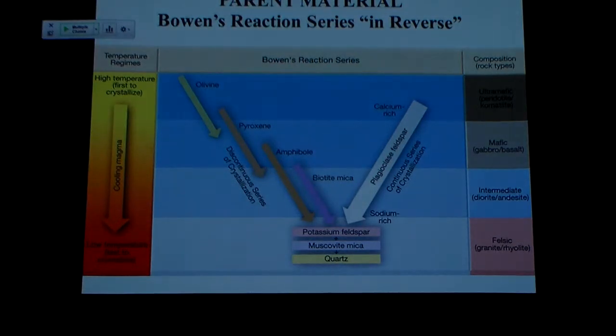Remember old Bowen's reaction series here? And it simply was showing the stability or the crystallization